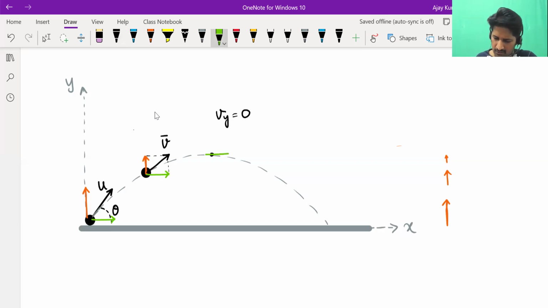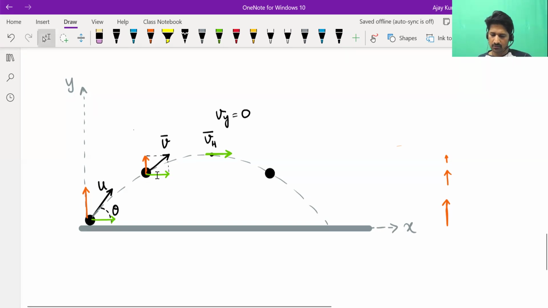Or I could have copy pasted also. X component never changes. It will always have the same length. So that is its velocity at Hmax. It doesn't stop completely. Vertically it stops, but horizontally it will keep moving. And then during descent, when coming down, consider a random instant like this. When coming down also, the x component of velocity should be the same.